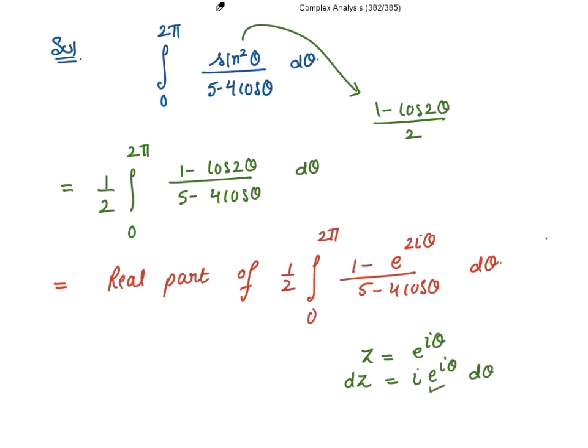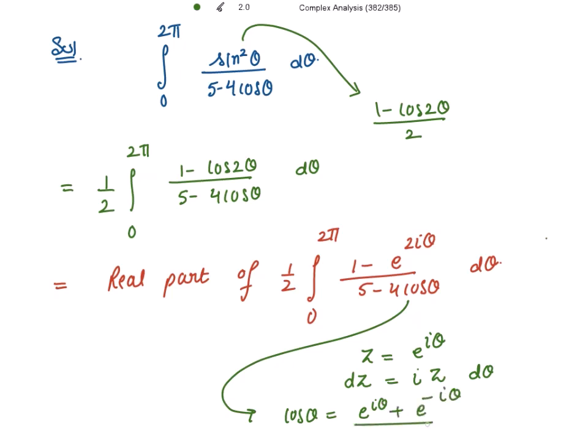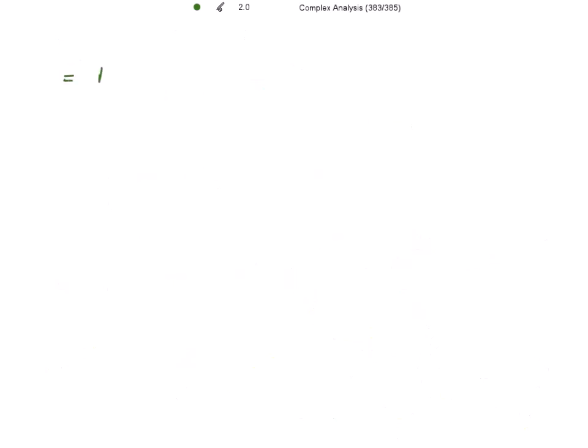This is again your z, right? And also we know that cos of theta is equal to e to the power iota theta plus e to the power minus iota theta divided by 2. So that will be equal to z plus z inverse, that is 1 by z into 1/2. So let's put all these details for this integral, and this will be over the circle mod z equal to 1. So this is equal to the real part of